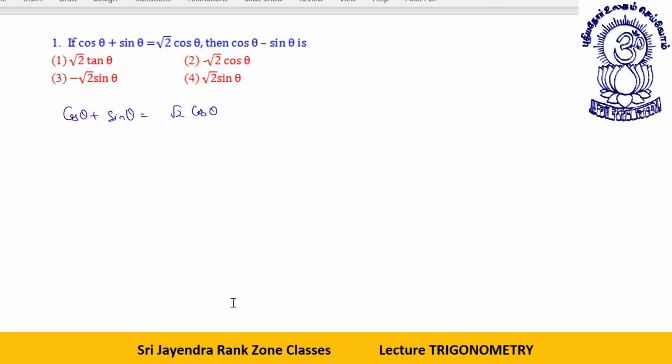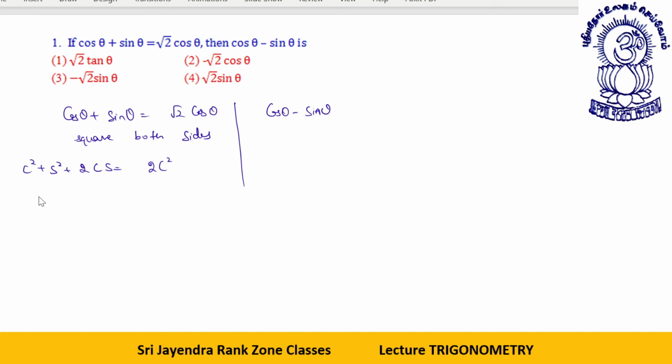Find this, students. How will you do this? You are given cos theta plus sine theta is equal to root 2 cos theta. What do we require first of all? We require cos theta minus sine theta. We will do it by two ways. See, we have cos theta plus sine theta and we need to change it to cos theta minus sine theta. What I'll do is square both sides. When I do the squaring on both sides, I get cos square plus sine square plus 2 cos sine is equal to 2 cos square, as root 2 square is 2.